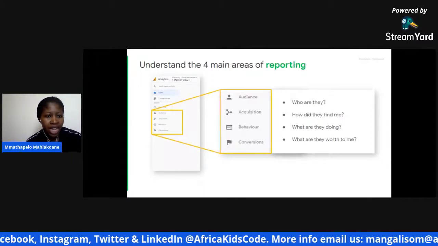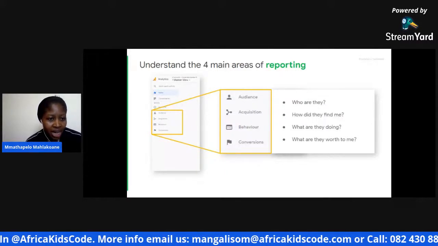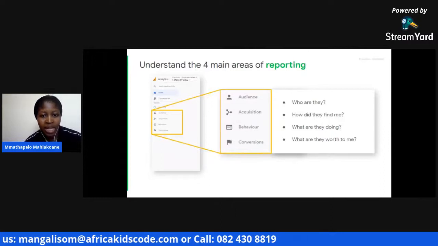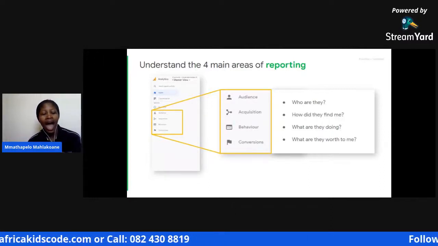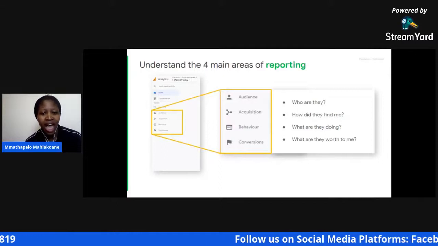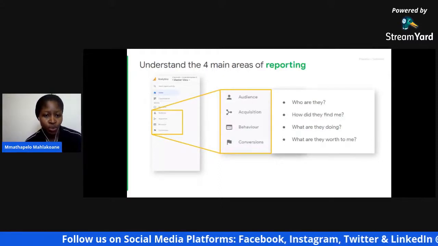You will see your audience, your acquisition, your behavior, and your conversions, meaning your audience, who are your users, and then your acquisition, how did they find you?